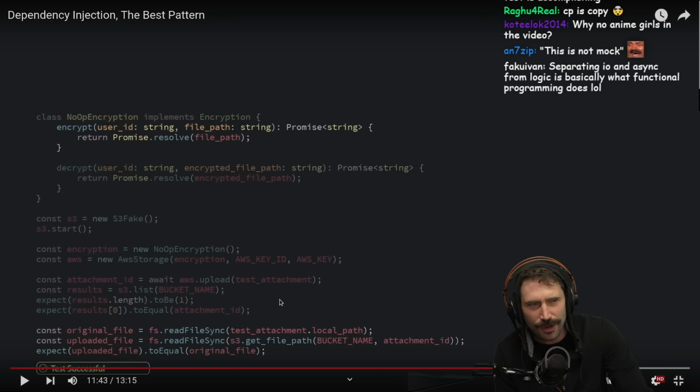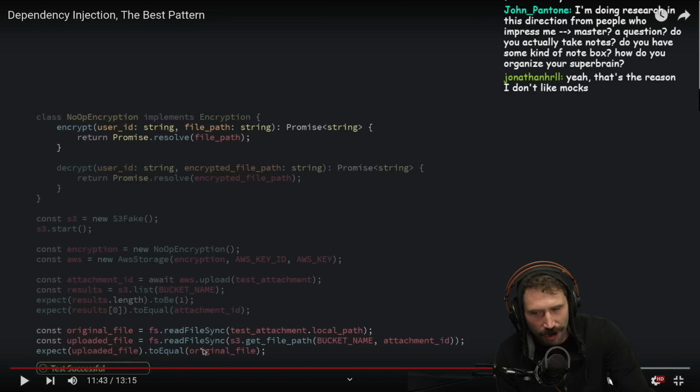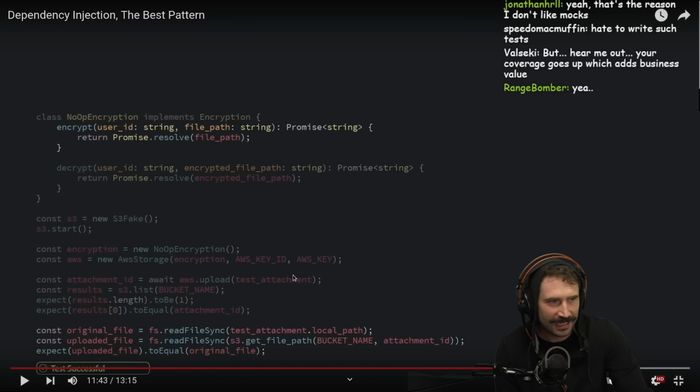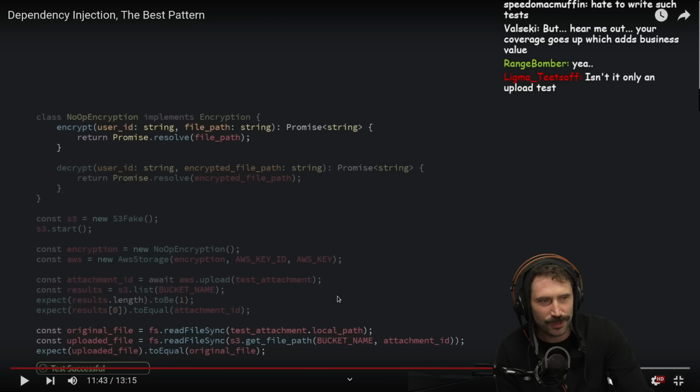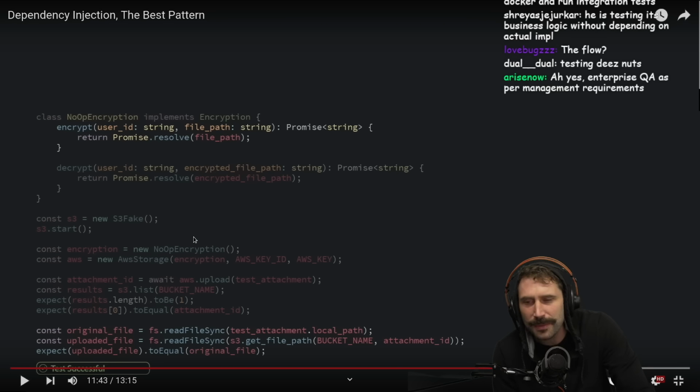You know what I mean? Whenever it gets into this level of DI and testing, it's just, what exactly are you testing? Because then you are testing that you're calling all these things. Your coverage goes up, which adds business value. I feel like end-to-end tests that actually do the right thing, because the problem is that